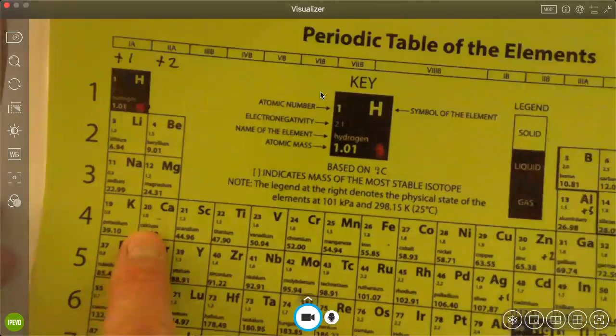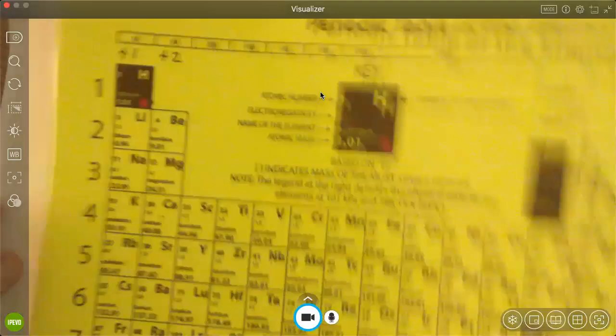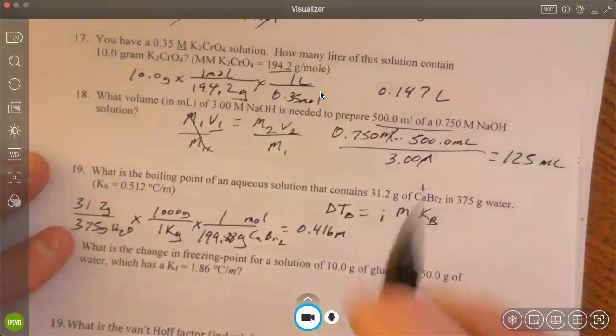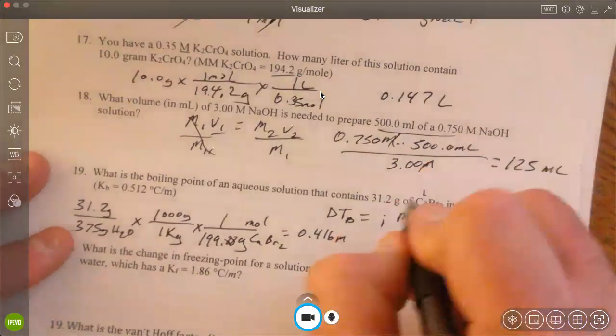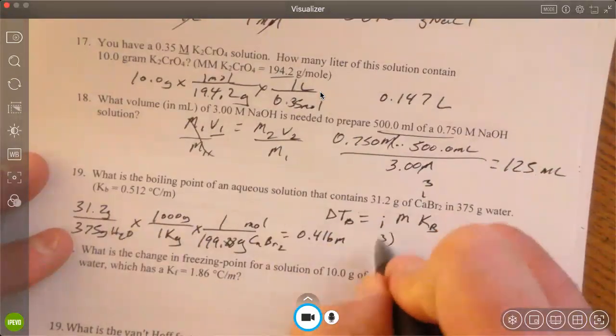Here's calcium on this side of the periodic table of elements. Is this side of the metals? Yeah, Brianna got it. That is a metal. So that means we need to break this down. So the index is going to be 3. So we get 3 times